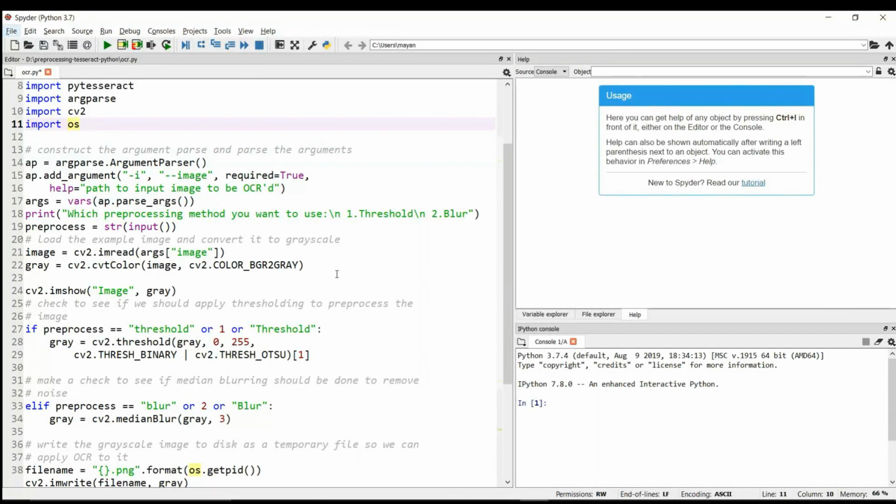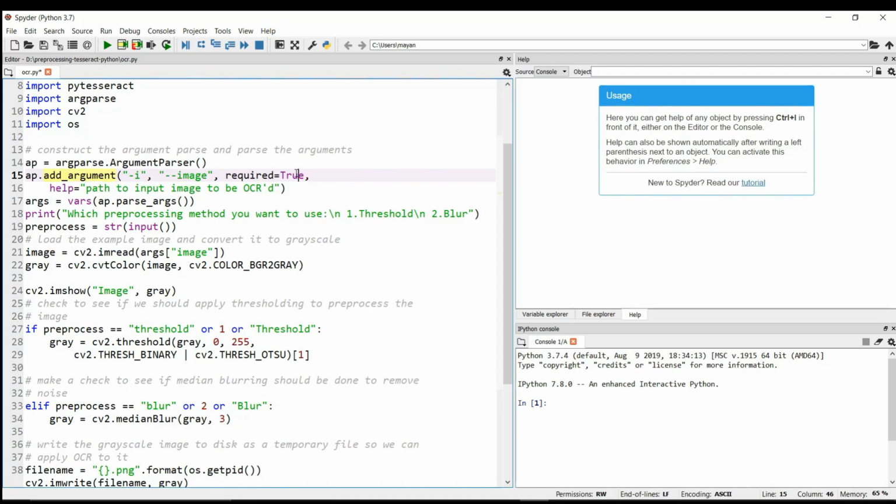So guys, here we are using first of all the argparse library. We are importing ArgumentParser from it. What ArgumentParser will do is add our command line arguments, so that we can input them from the user. First of all, I am creating an object ap of ArgumentParser. Then we have a function named add_argument by which we can add command line arguments to our program. I am specifying here two command line arguments, that is -i or --image. Guys, these both are alternatives. Either you can use -i or you can use --image. This is up to you.